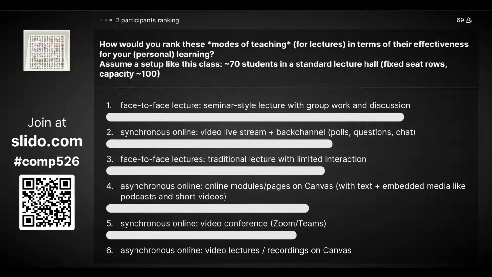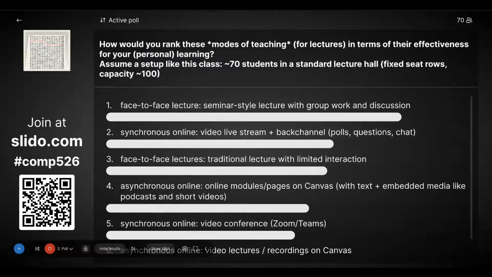And then you can put this to a test. And well, limited interaction was the other alternative. I think I only put face-to-face lectures like this are by default limited interaction, and there's nothing we can do about it. Slido is still very limited. All right, thanks for playing along with this.